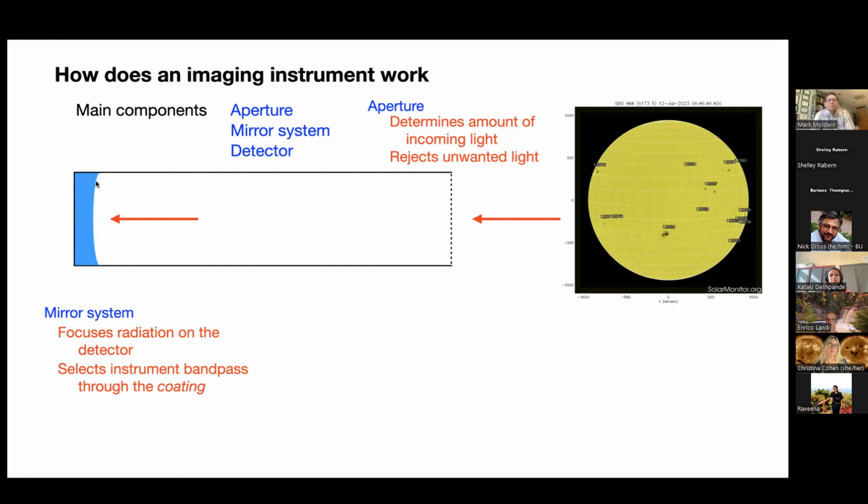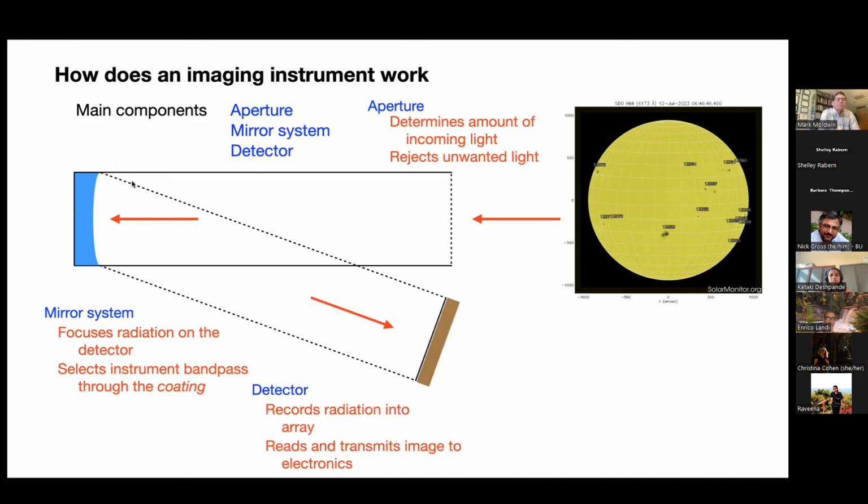the instrument selects the real bandpass that you're interested in. While the filter in the aperture rejects a lot of light, it lets in big chunks of the electromagnetic spectrum. Anyway, it is at the mirror where you do the final selection, and we will see some examples later. And then once the mirror focuses the image in its focal plane, you put the detector there,